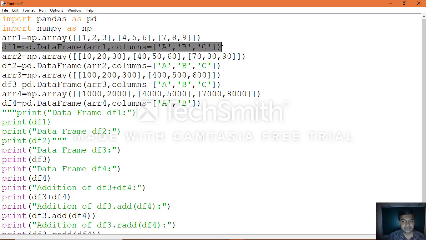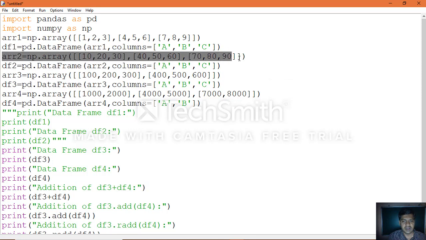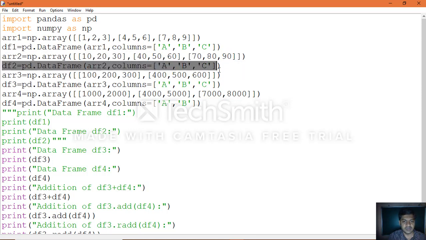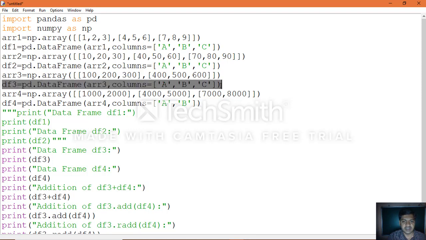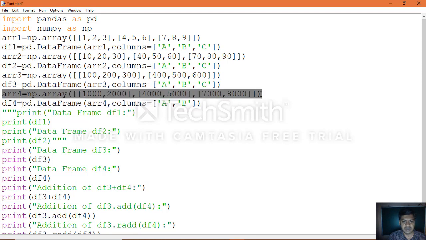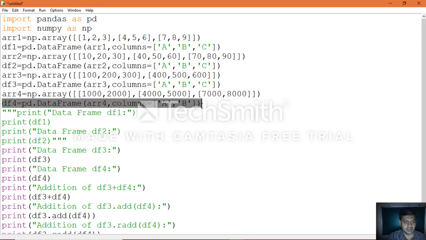You can see clearly the data as well as the data frame objects, which we created with column headers also. Same manner, data frame object 3, and same way data frame object 4, which we created.